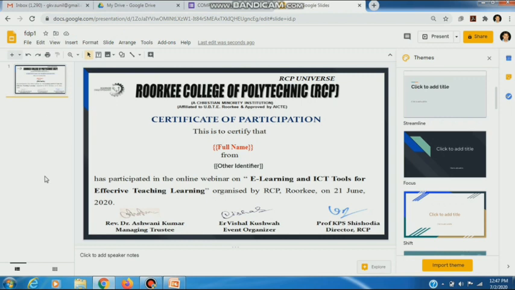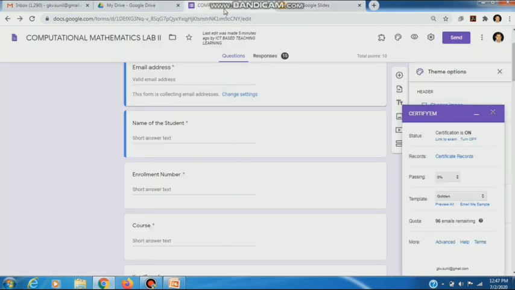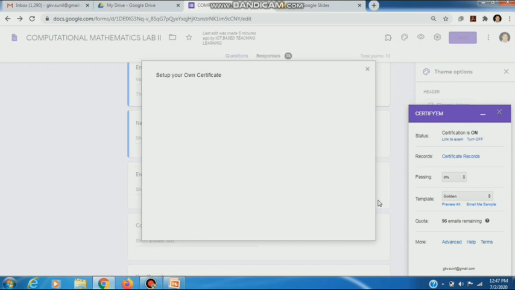When we want to choose any template, this will appear for us. Now I return to the add-on and go to template. I choose custom template. Then this window will appear.